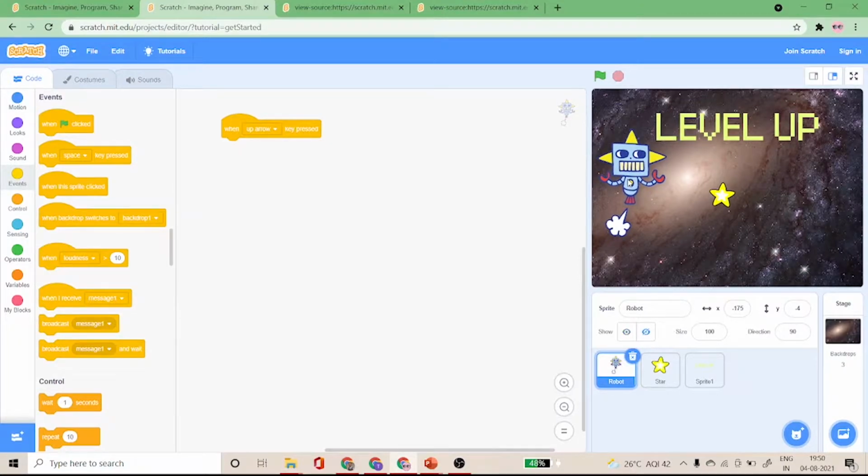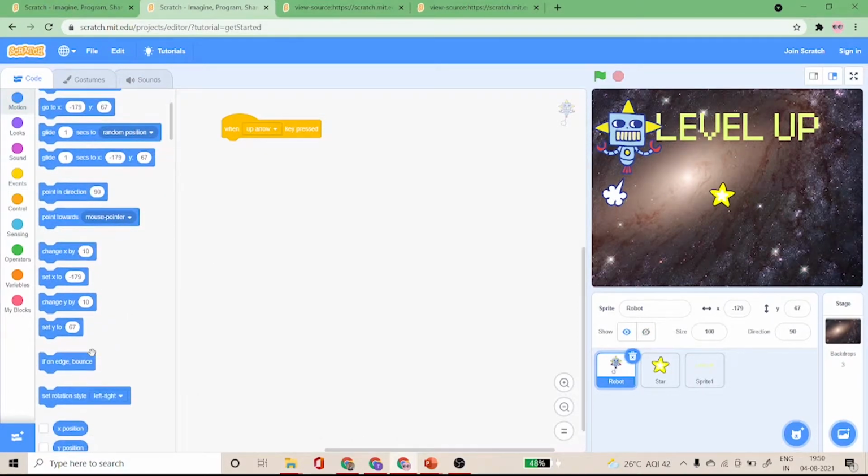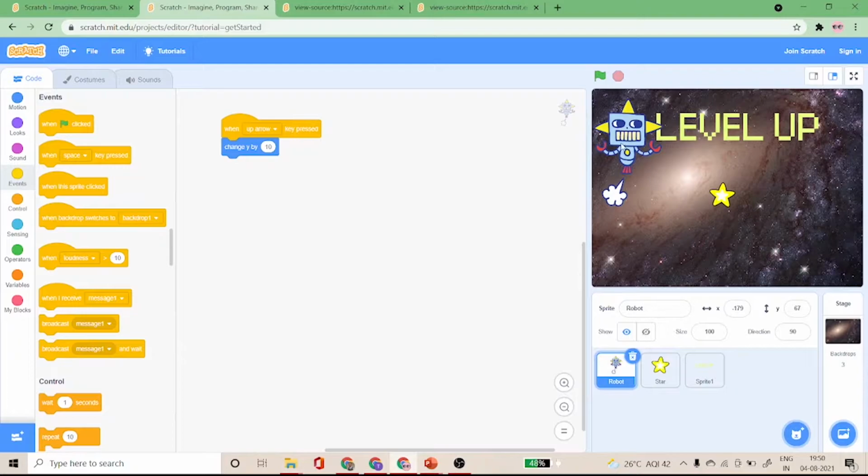If you observe carefully, when the sprite moves in the upward direction, x remains the same and y is increasing. So I'll go to motion and select change y by 10. Now I want the robot to move down if the down key is pressed.